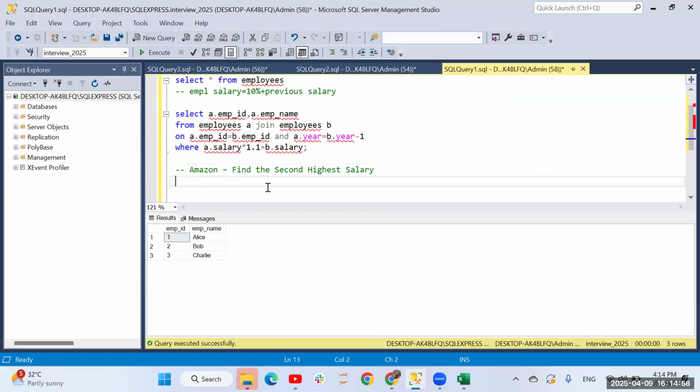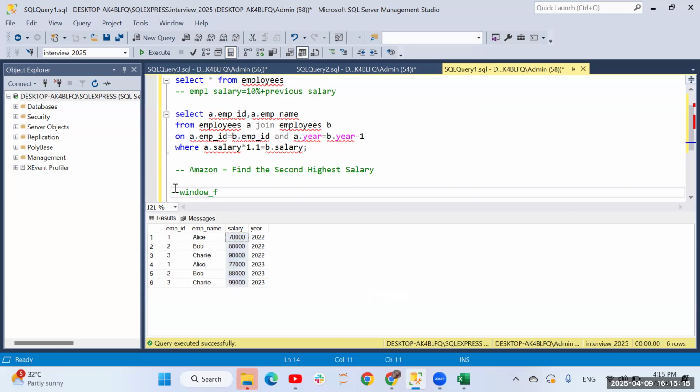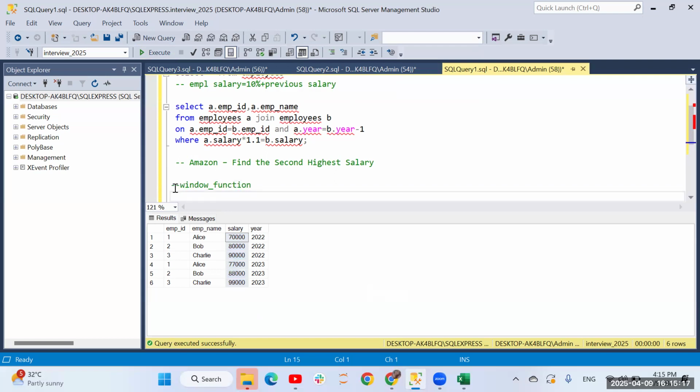Then we have another question that has been asked in Amazon, which we did multiple times, that we need to find out second highest salary. We can do multiple methods, but right now I'm using it with the help of window function. So how we can do that? I'm going to use dense rank. Okay, so I'll be using dense rank to rank them